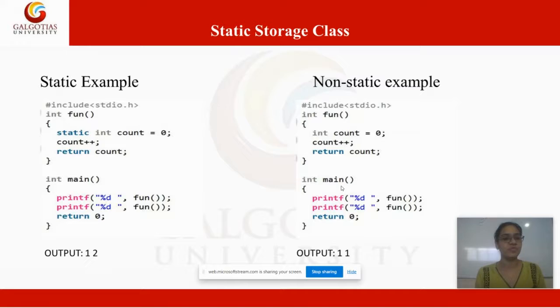Now what is happening in fun is we are declaring a variable count where we have a statement like count++. Now this plus plus means increment the value of count by 1. So that is what we are trying to do here, and whatever the new value is, that is being returned back to the main function and being printed by the printf method. So that is what is happening. So we are calling the method two times. There are two print statements and each of these print statements is calling the fun method. In the second one, that is the non-static, everything is the same, just the difference being that the static keyword is missing prior to the int count. Now the output you will see here is 1 and 2.